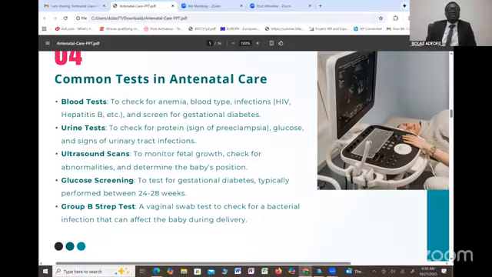Also, glucose screening, I think I mentioned this. This is an oral glucose tolerance test, which we use especially for people with previous history of gestational diabetes mellitus. So we advise them to do this test because of the risk of recurrence in the index pregnancy. It will allow us to detect if there is a recurrence, and we'll be able to manage it appropriately. So the group B strep test is usually not done in our environment, but is a good test because it could result in preterm